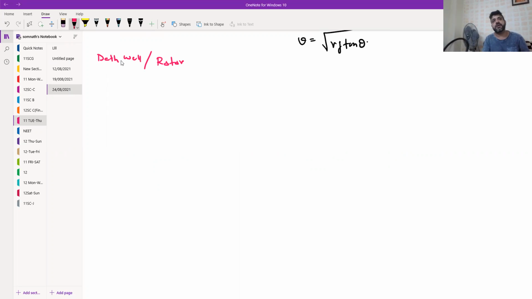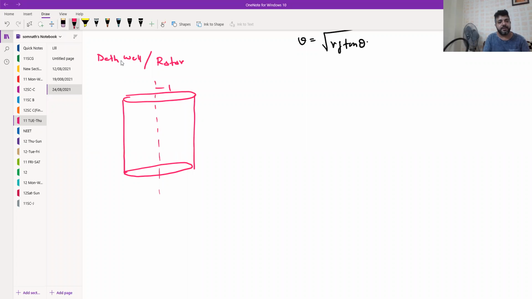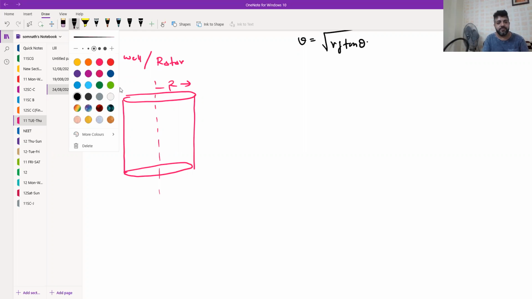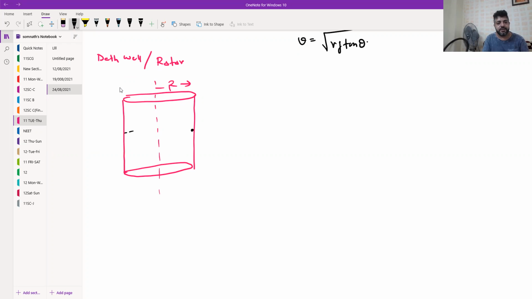So what happens in the death well or rotor? A well you have, let the radius of the well be capital R, and you try to move in this way. So mg is acting downward. Let mu be the coefficient of friction